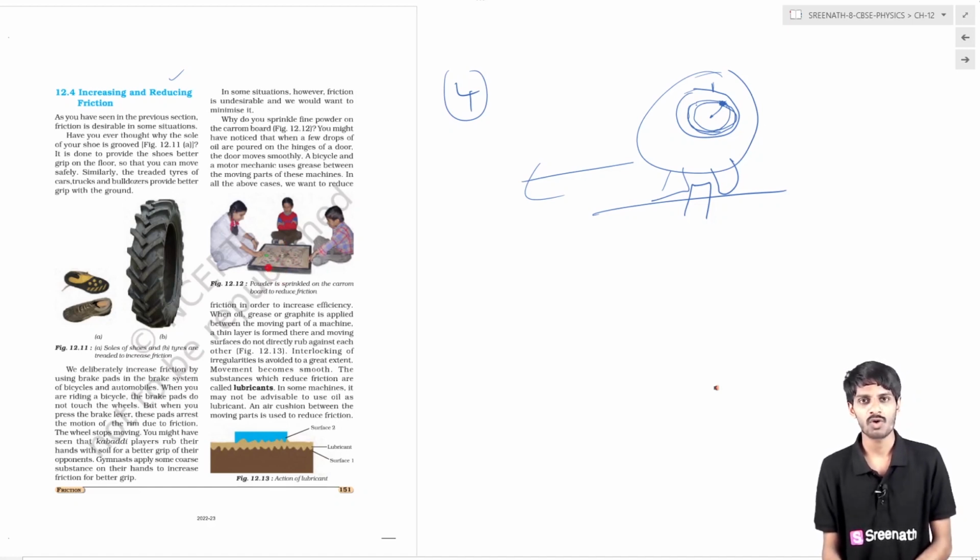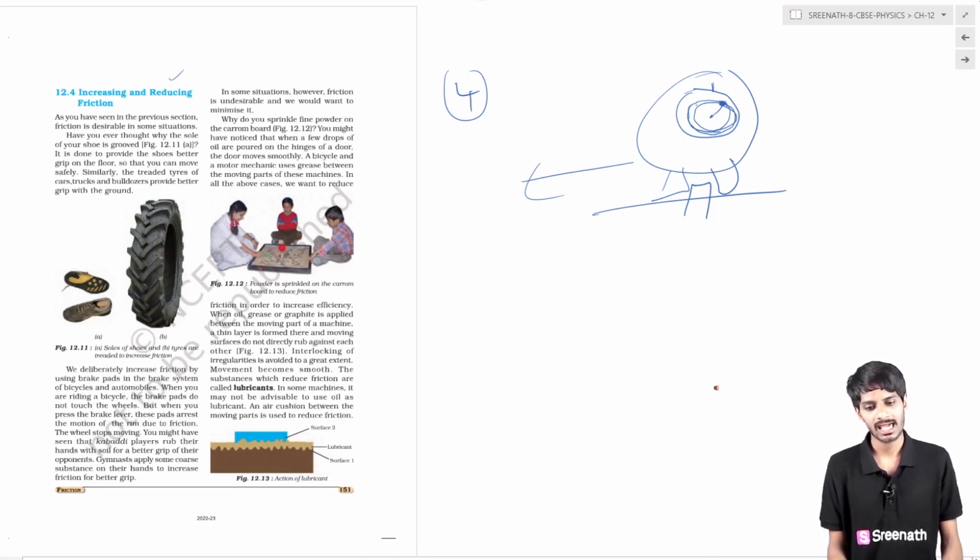While playing this game, what will we do? We will add some powder. Why are we adding powder? Powder will reduce the friction. Basically, in carom boards there are so many caroms. There is a striker. With the striker you will strike any one of the caroms, and that carom has to be